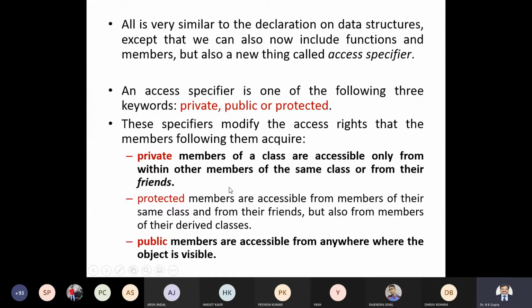Outside the class, only public members can be accessed. But all of you are private inside that class. Now, how can somebody make use of it?